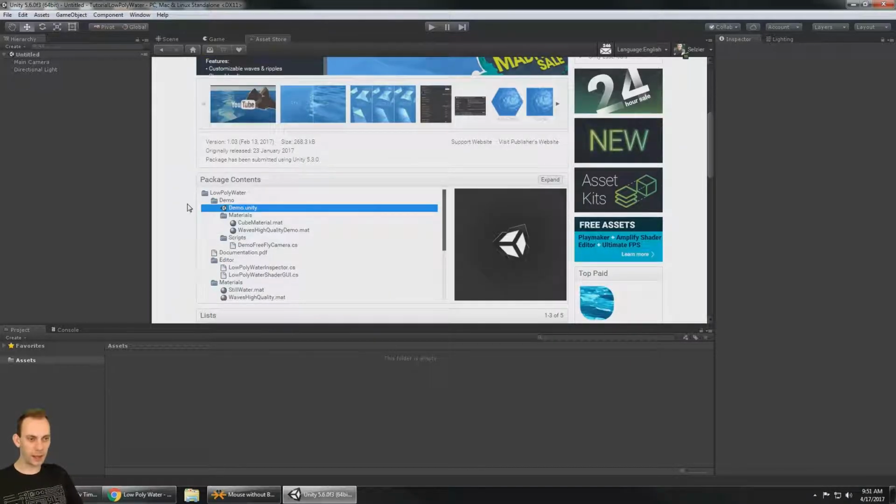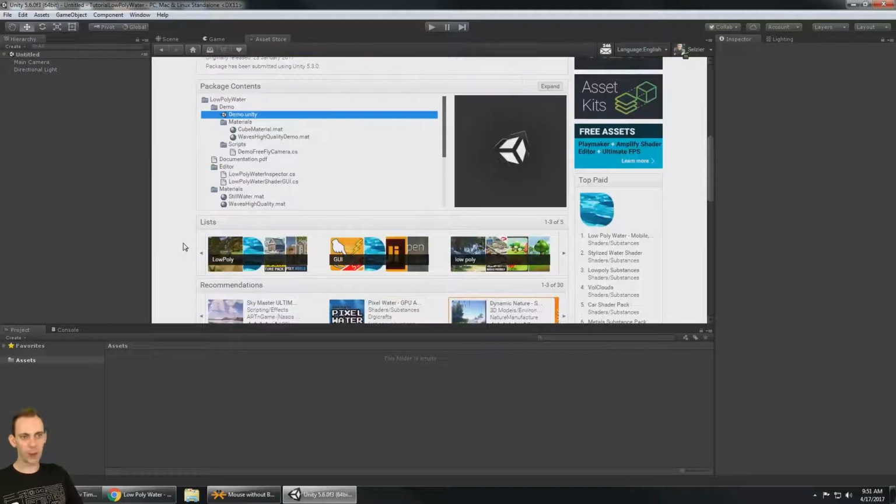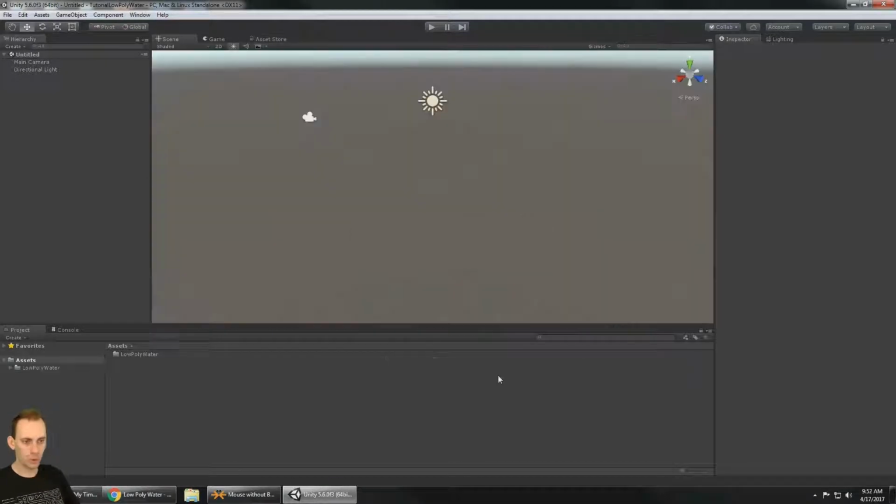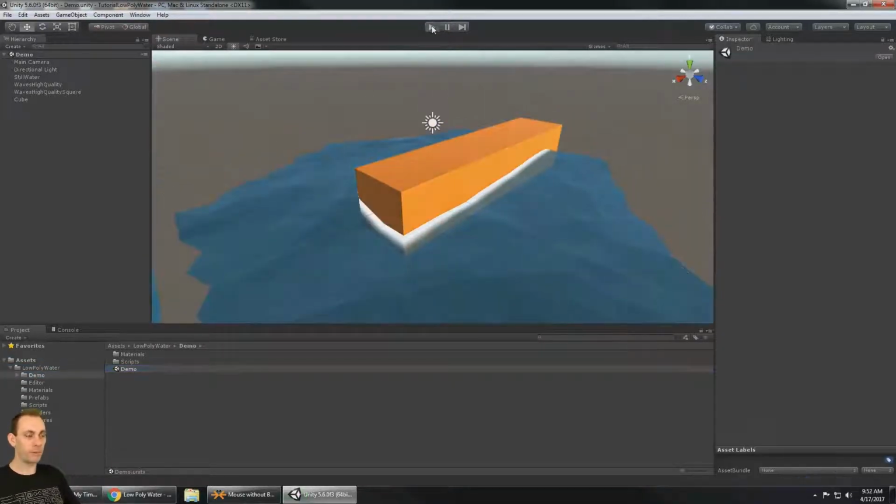First, let's take a look at it. I'm going to import it into the project. Okay, so I imported the whole pack. And here we go, low poly water. There's a demo scene. And right off the bat, we can see